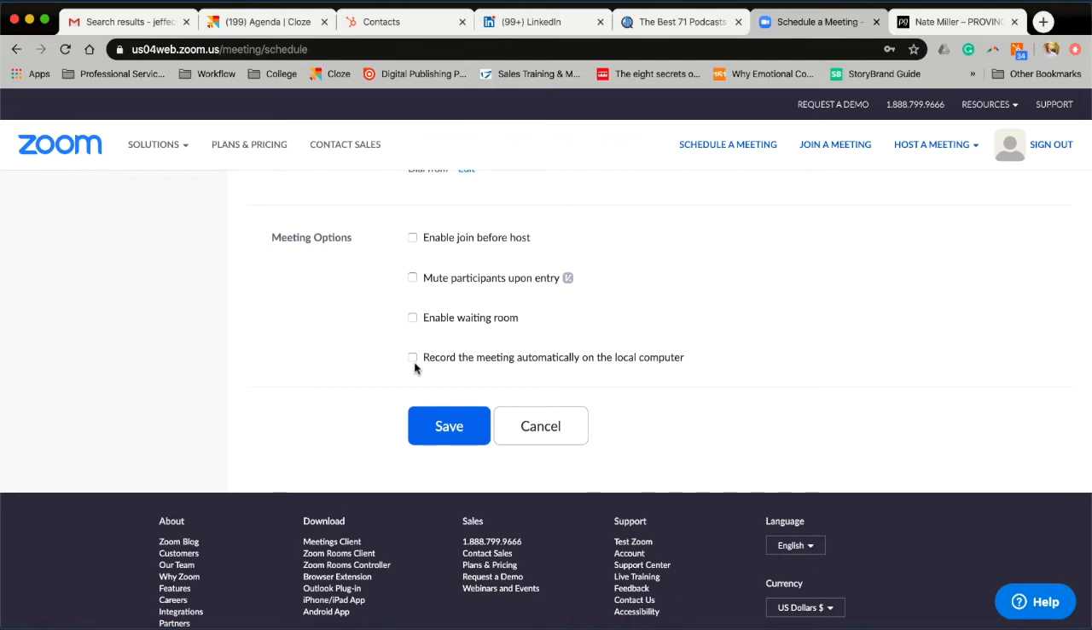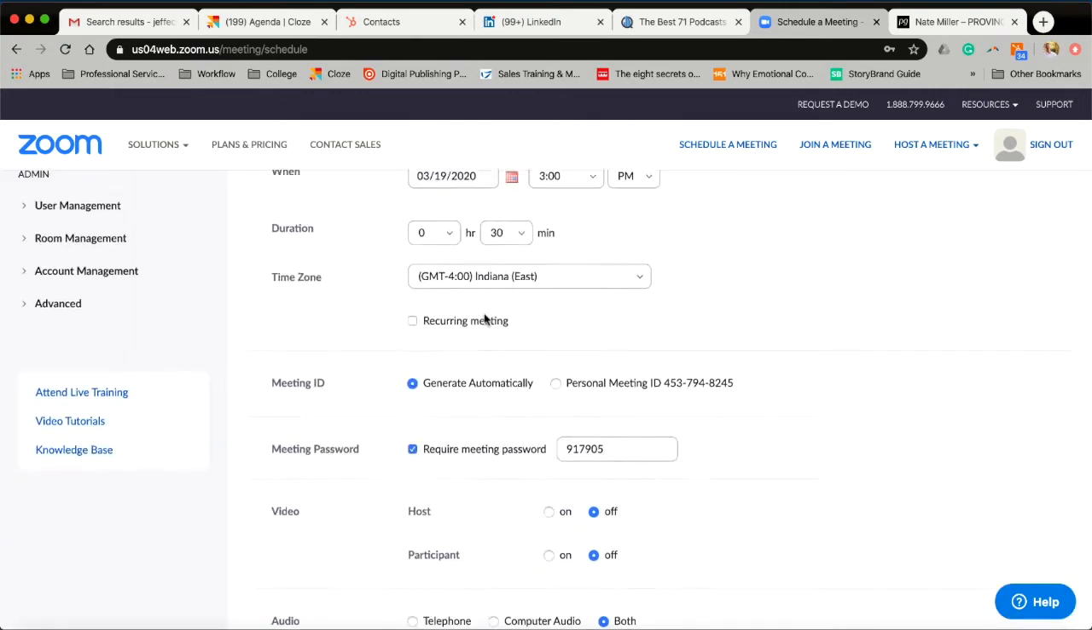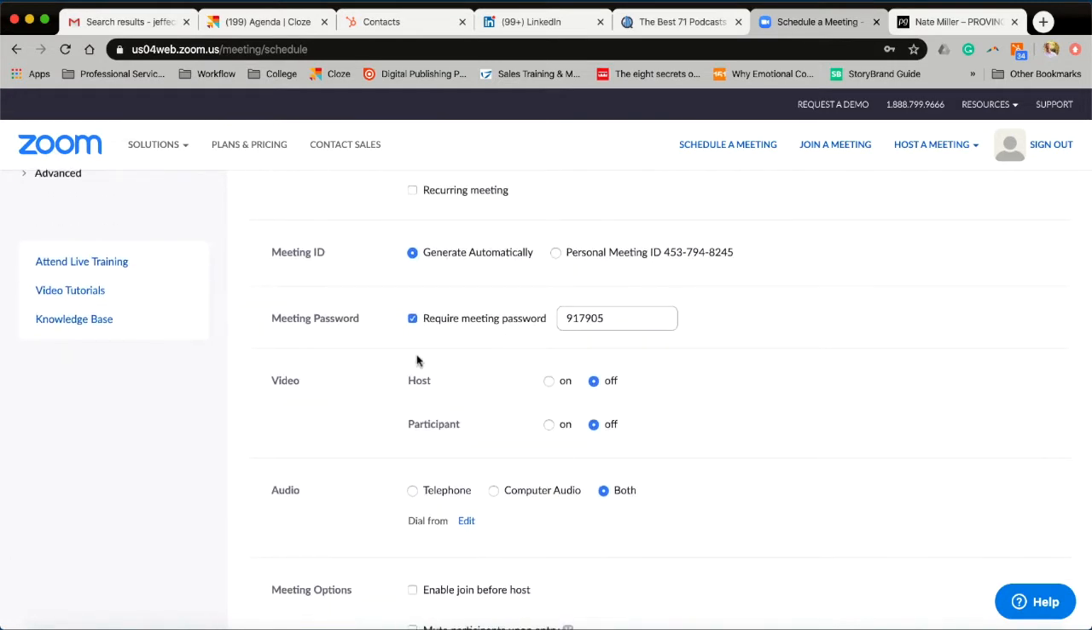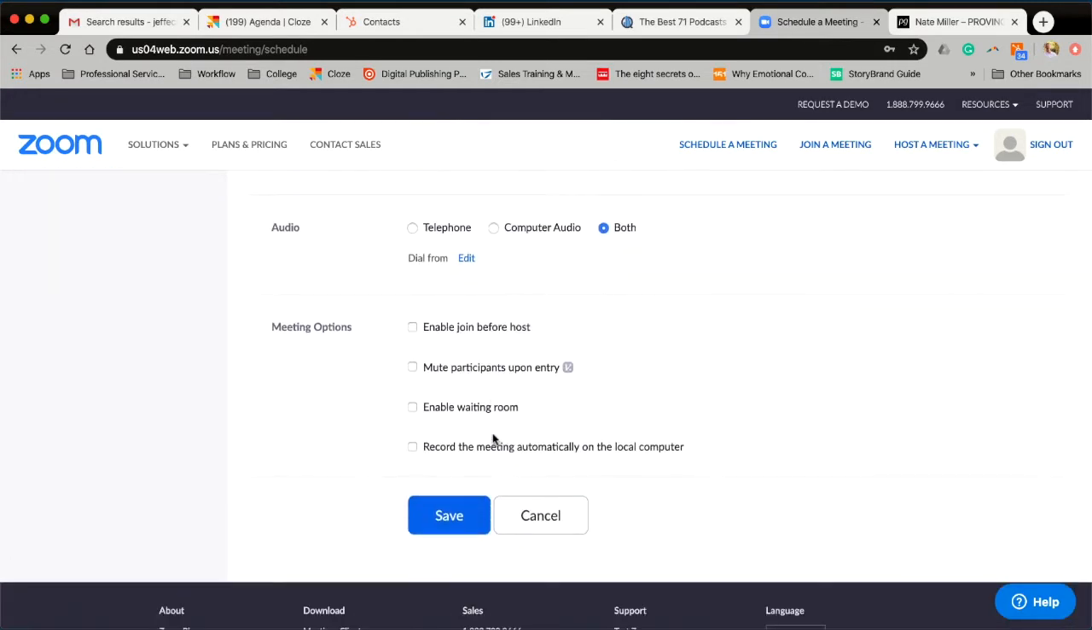So right now, it definitely suggests that you click this box if you want to record the meeting. You can click a button to record it while you're in the meeting, but this would simply start recording it automatically as you start the meeting. So once you've made all those decisions, you've scheduled it, you've described it, you've decided how you want it to operate, then you hit save,